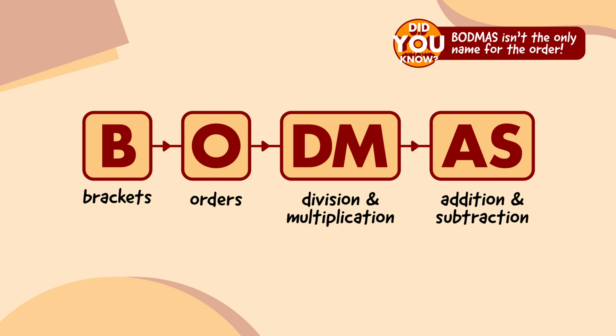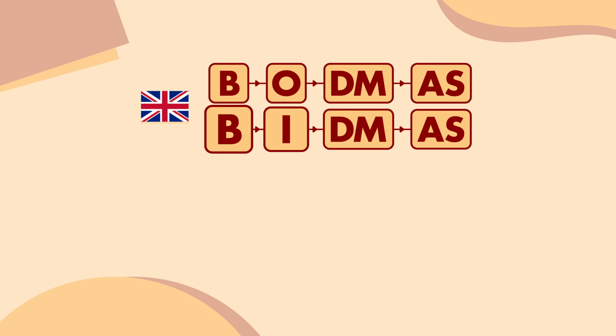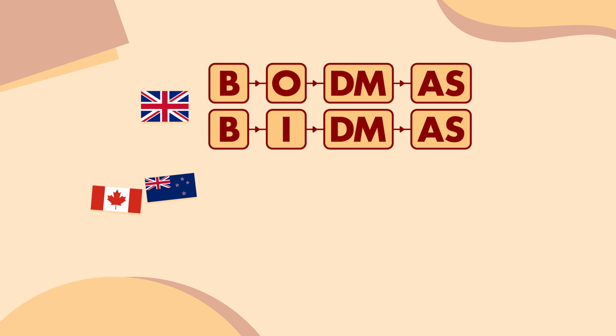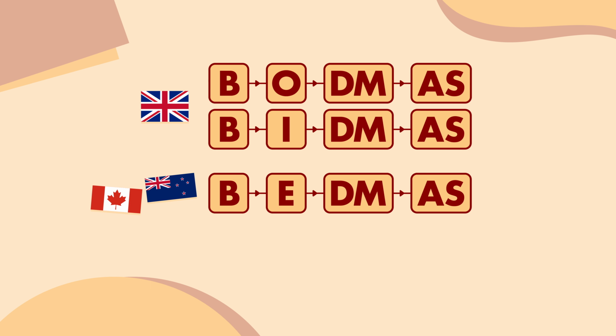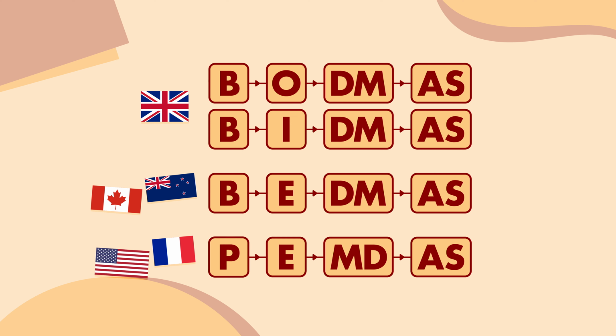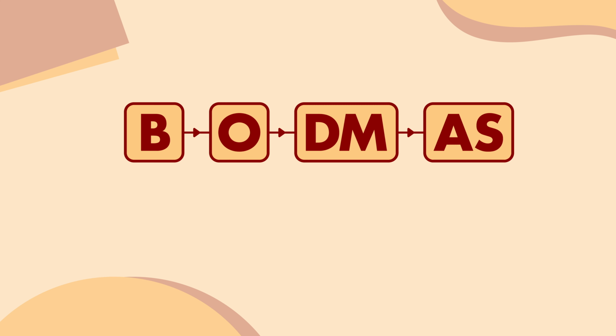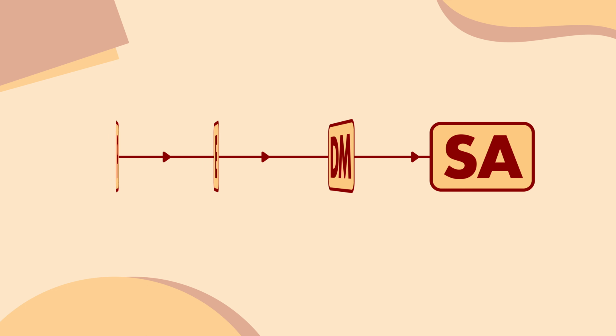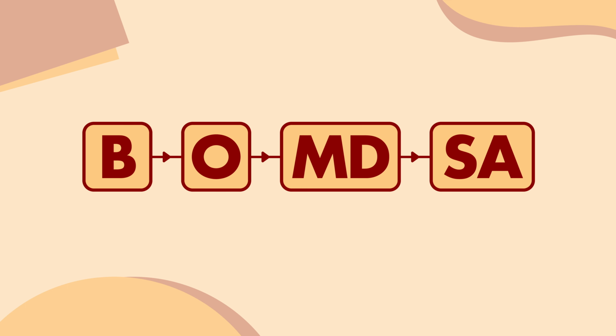Did you know that BODMAS isn't the only name for the order of operations? Depending on where you live, brackets might be called parentheses, and orders might be called either indices or exponents. The D and M for division and multiplication might be swapped around too. In the UK, it's also sometimes called BIDMAS. In Canada and New Zealand, it's sometimes called BEDMAS. And in the US and France, it's often known as PEMDAS. I wonder if there's anywhere that calls it BEDMASA, or PIMDASA, or BOMDASA, or BIDMASA, or...